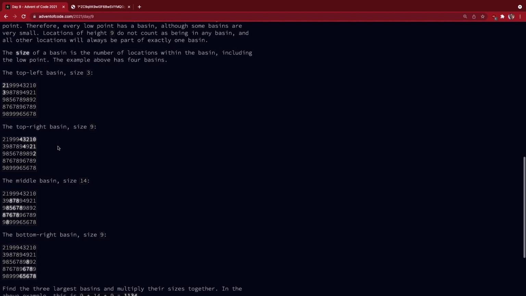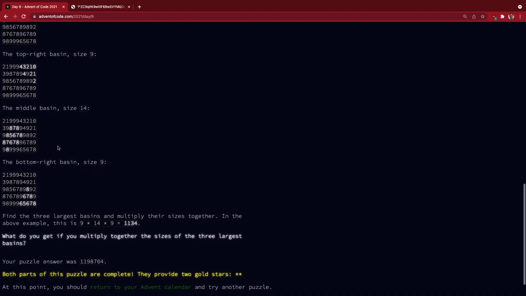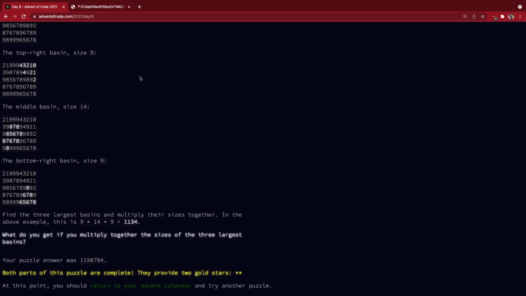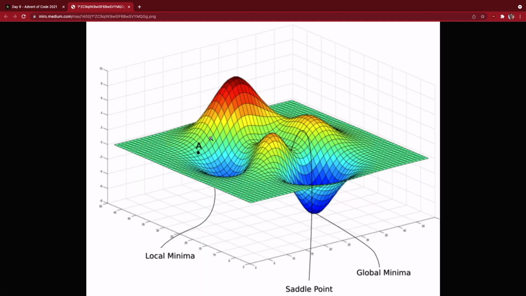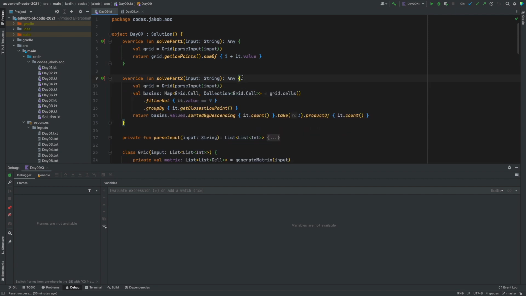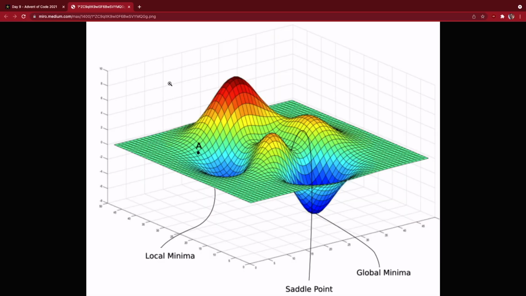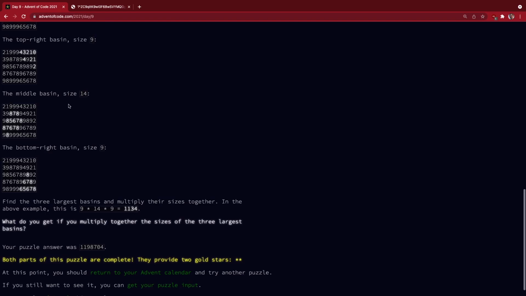There's many ways to do this. The nice, in my opinion, easy way, if we already have the setup I showed you right now, is to simply do the following. All I'm doing in part 2 is I say generate the grid again, give me the cells of the grid. Now there's one thing that is important here before we can do the actual cool thing. It mentions here that